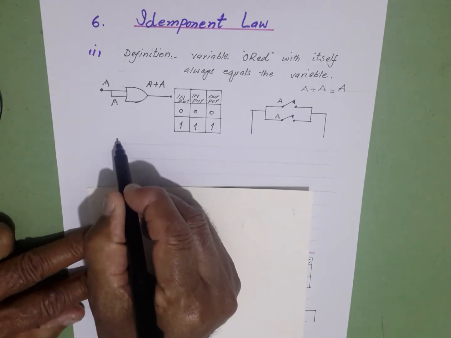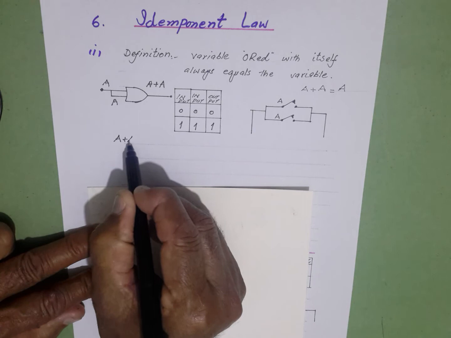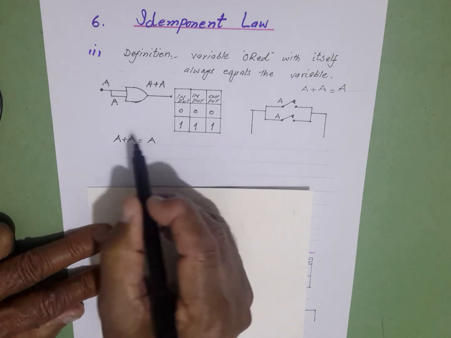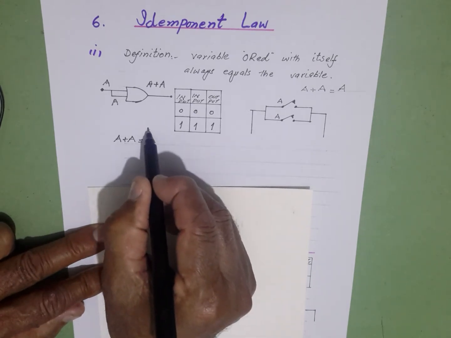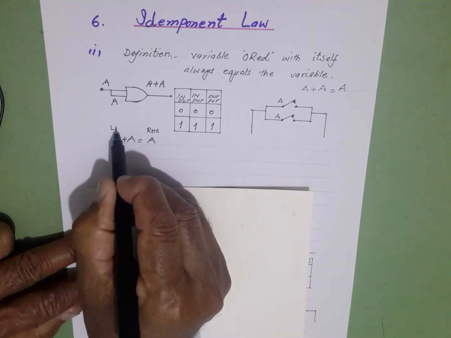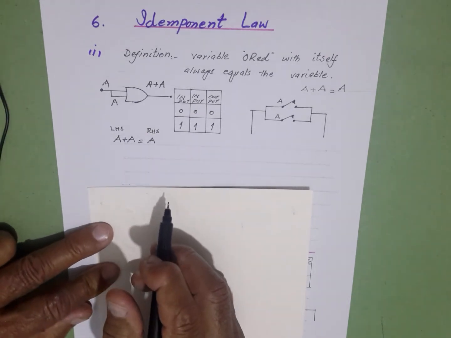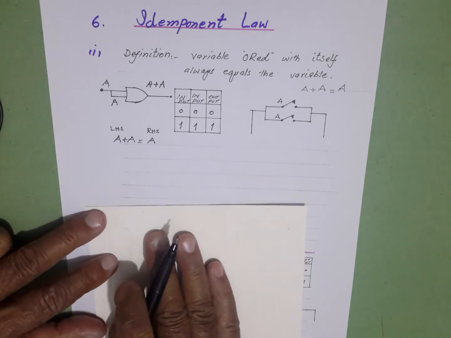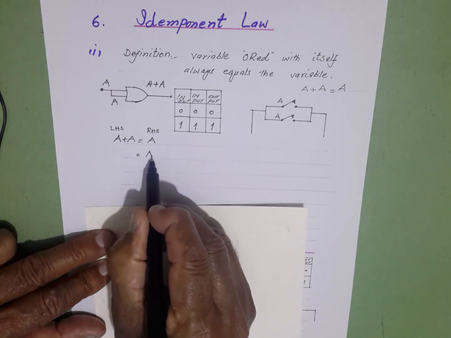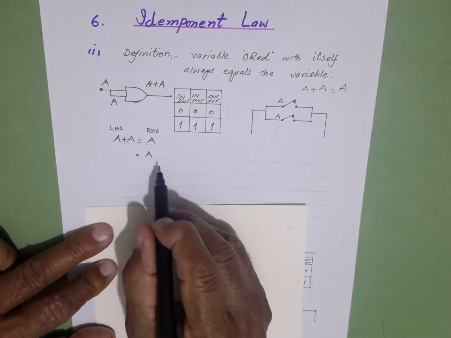A OR A is equal to A. This is called the RHS, and this is called the LHS, the left hand side and right hand side. We are going to prove this. Let us start by taking first the RHS. This can be written as